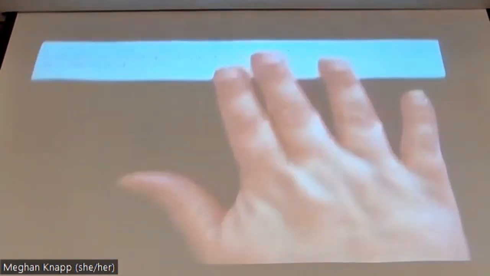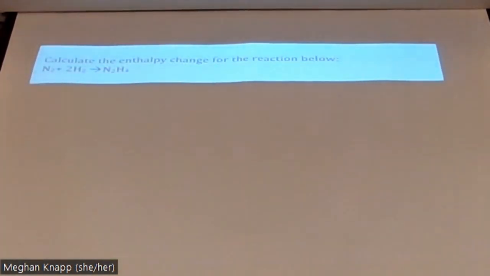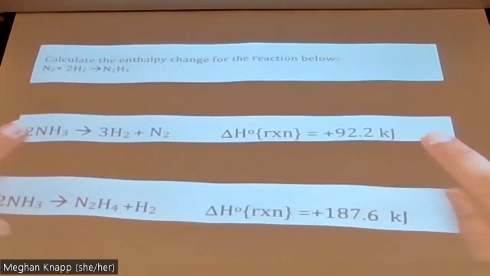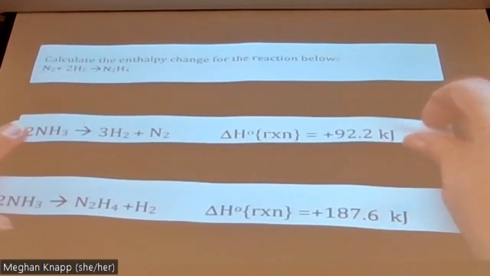That's gonna be on top. That is the goal we are trying to get to. Okay, and it should have the same reaction that's in the middle of that section, N2 plus 2H2, arrow, N2H4. Okay, now on the other slips, if you look at one side and then flip it over, you should notice